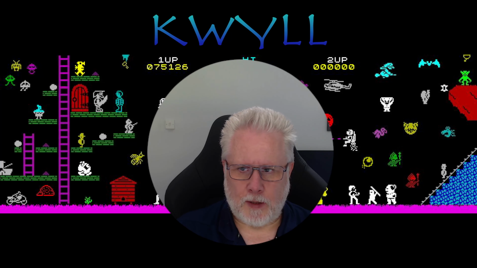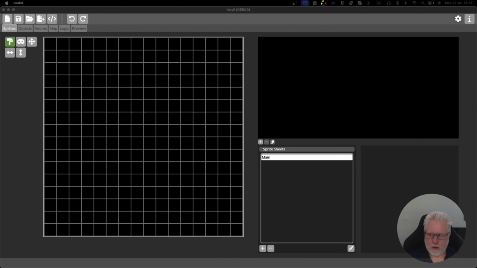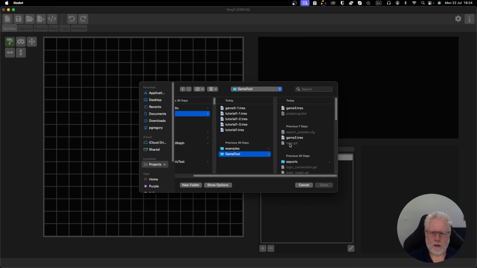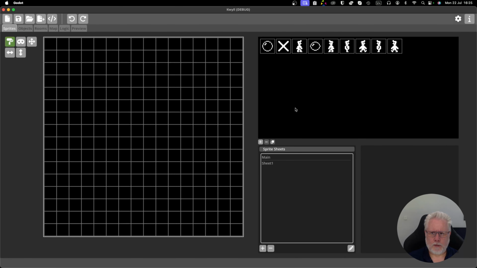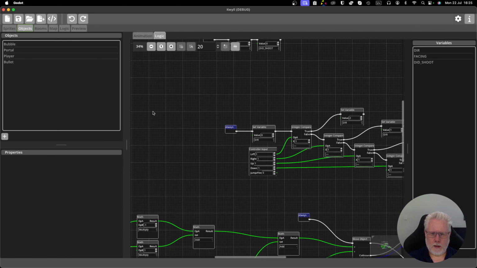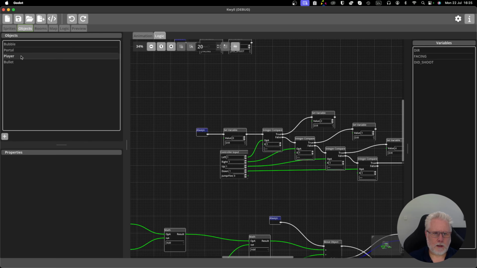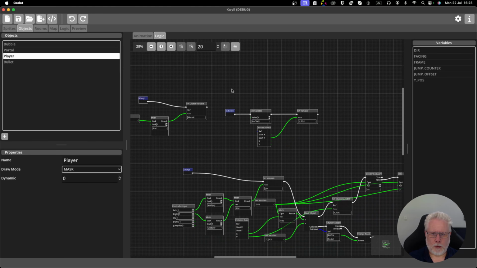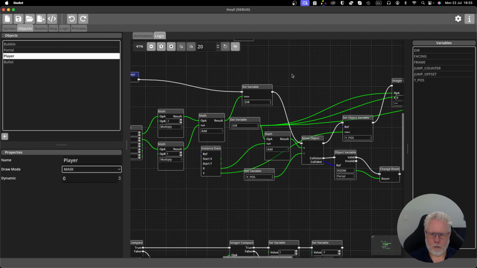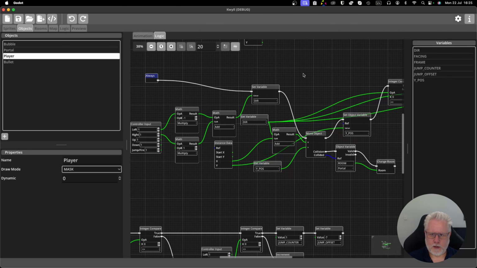So without further ado, let's switch to the current status. Let's load up the platformer game first, because that's got some logic changes in that are most relevant. So if we look at the player, one of the things I changed, which will have very little impact but just tidies things up a little bit,